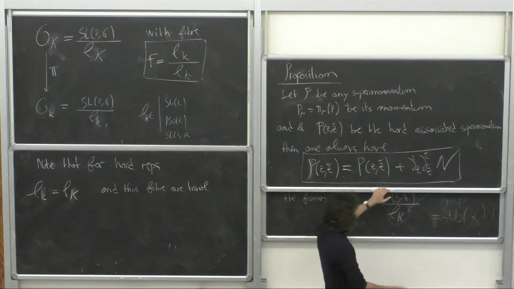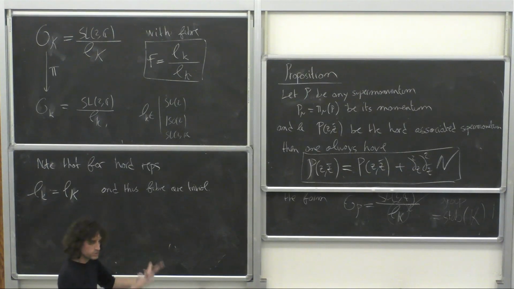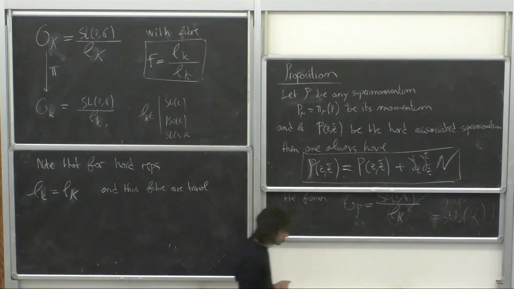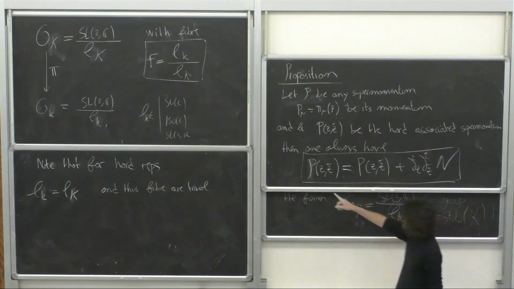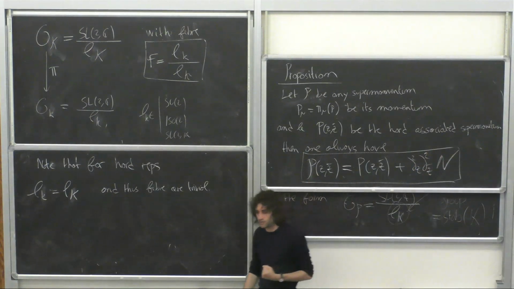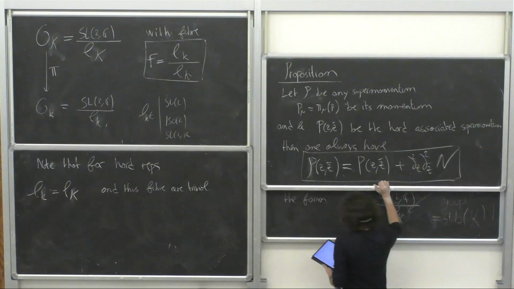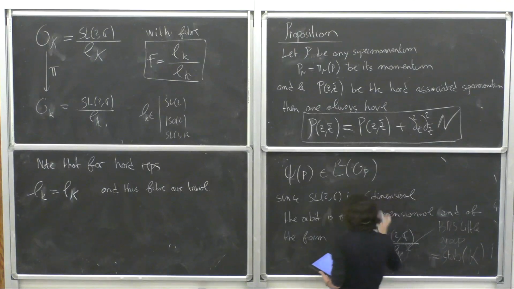So if you just happen to do some sort of holography or whatever, where you have the BMS group as part of your theory, you represent it on the Hilbert space, which gives you a unitary representation. What you need to do is work out what is the supermomenta of the representation. Once you do this decomposition, this piece will tell you how far you are from actually considering one of your usual hard representations. The proof is almost trivial now,